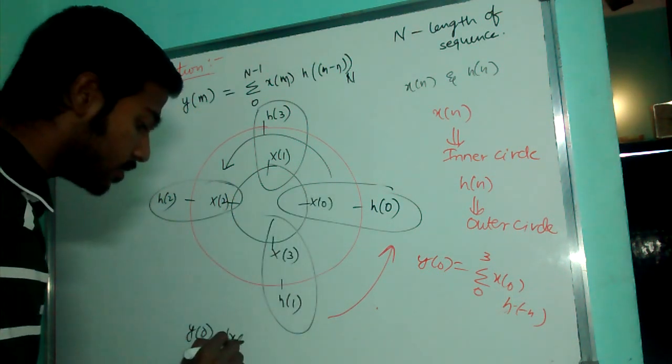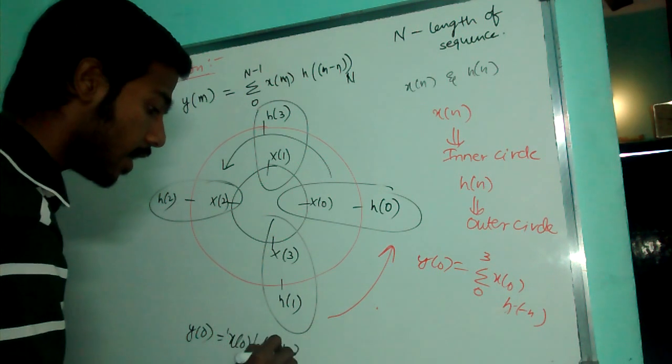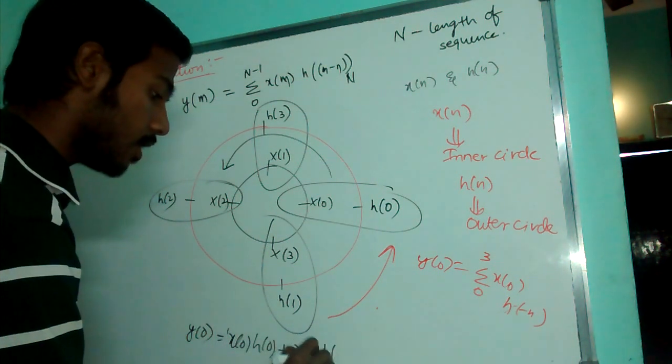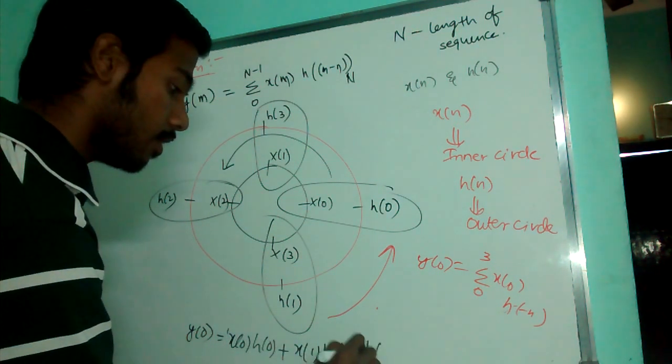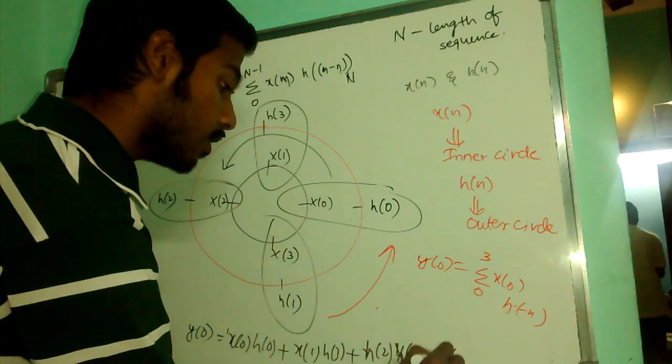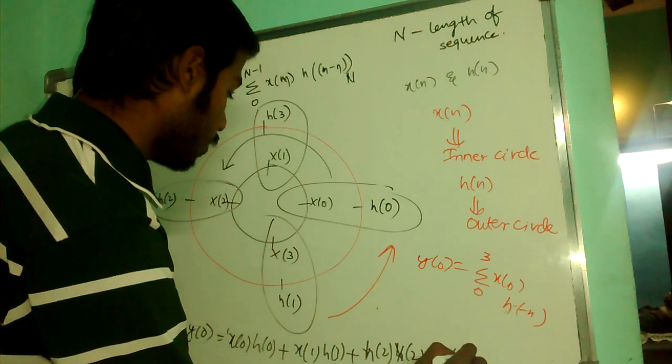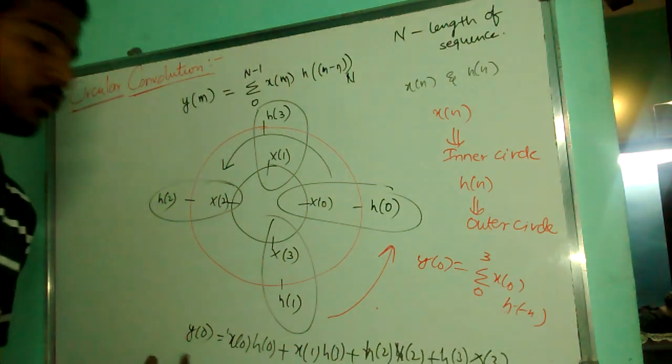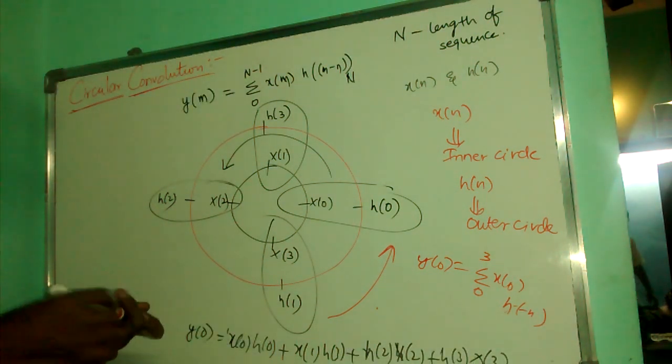Try to multiply these and add them: h of 2 into x of 2 plus h of 3 into x of 3. This gives me the y of 0 value. Similarly,